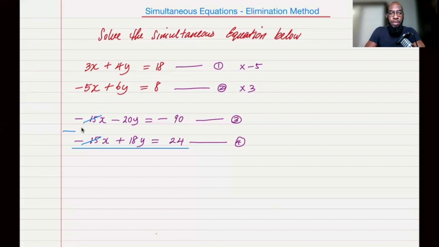So -15x minus -15x is like saying -15 minus -15, right? When you're multiplying, same signs is positive. -15 plus 15 is 0, all right? So you get 0 here. -20y is what I'm writing down, minus, and I'm writing down positive 18y, and I'll put that in a bracket. Equals -90